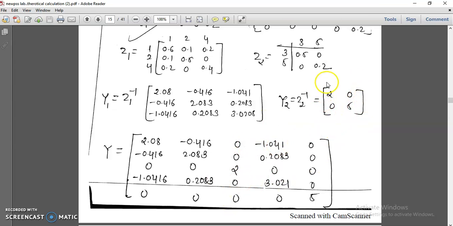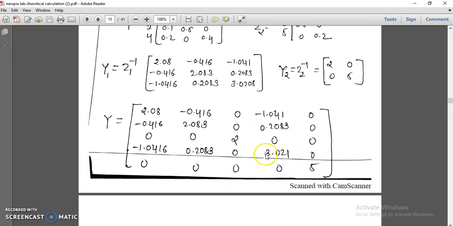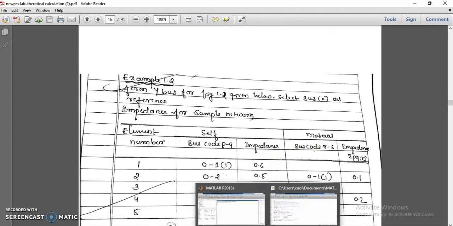What is this? 3, 5, 3, 5. So 3 to 3 is 0.5, but from the inverse what you get, because we want to form Y, 3 to 3 is 2. Write 1, 2, 3, 4, 5 here and 1, 2, 3, 4, 5 there. This is 3, 3 to 5. So 3 to 3 will be 2. So we are just fixing the values with respect to the blocks. This is Y. Now we will check this value using the matrix. Okay, so let us have a look at the matrix we got and check it here. Let us see this program and we will execute it.